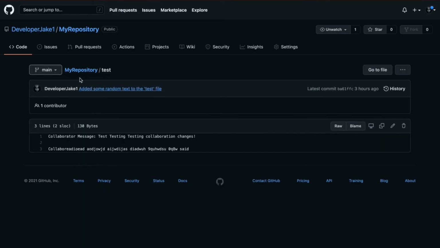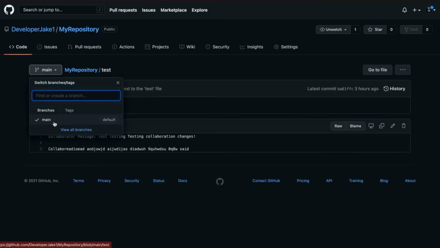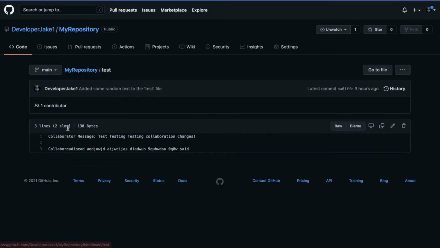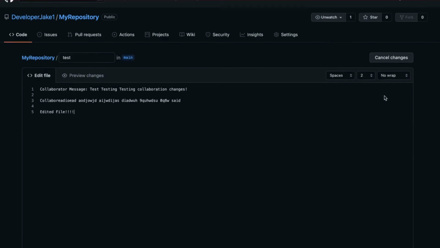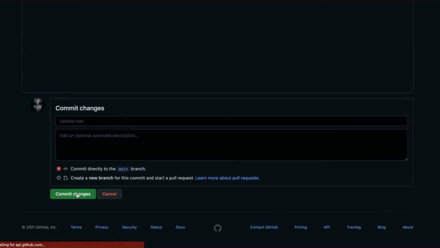And then really quick, just to show you what would happen if someone else makes an update and then you want to see the update. If I just quickly go to branch main and then put something inside here, let me just say "edited file", and then I go ahead and commit changes. Then if I go back to my terminal and I do ls, then I do open test,